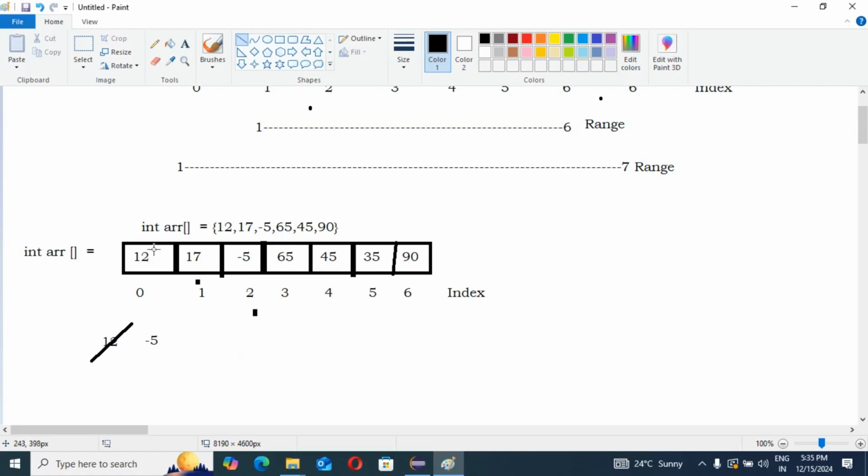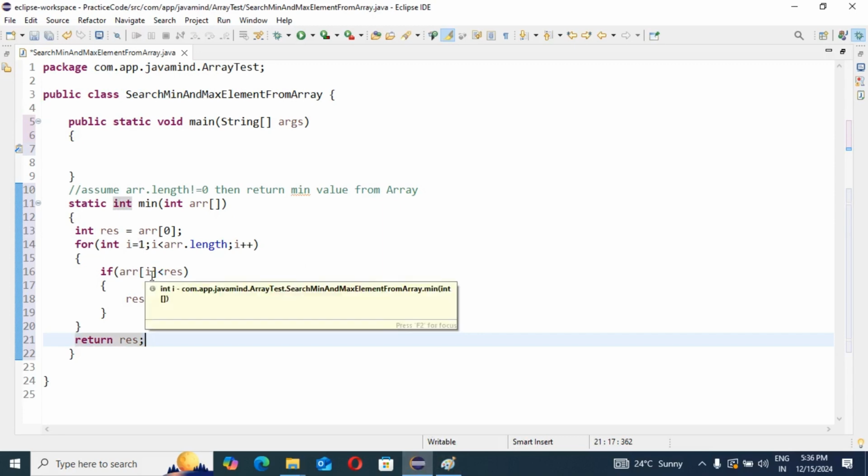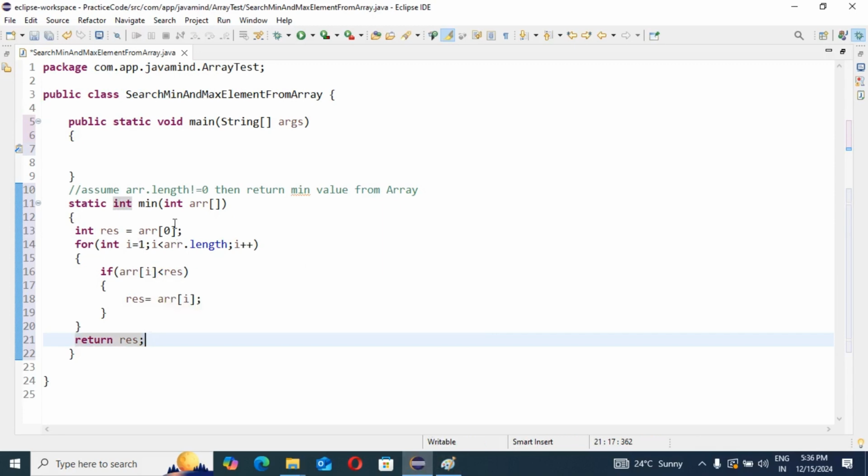Suppose 12 is our result value. We are going to check this value against the other indexes. So 12 is less than 17, no. If it is not less than 17, it will not update this value. If array of i, starting from 1, is not less than our result, I will debug, don't worry.